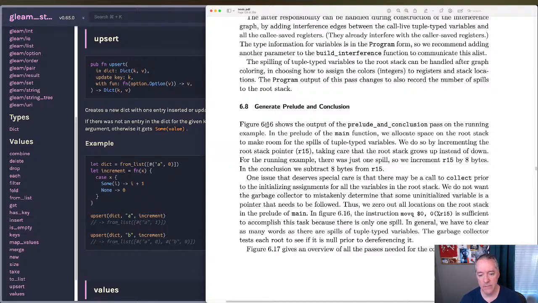Okay, so figure 6.16, we'll jump to that in a minute, shows the output of the prelude and conclusion pass on the running example. So our vector ref of vector ref of vector of vector of 42, right? In the prelude of the main function, we allocate space on the root stack to make room for the spills of tuple type variables. So what does that mean? So we do so by incrementing the root stack pointer, taking care that the root stack grows up instead of down. Does that mean that